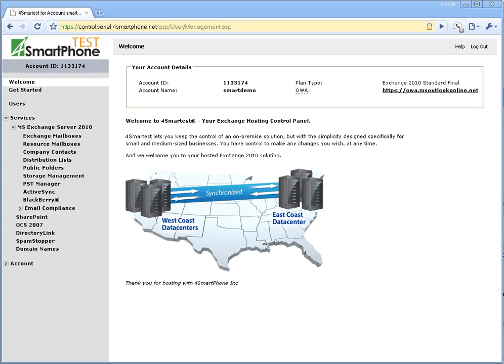Setting up your 4SmartPhone account is really just a matter of following steps, and we've tried to make that as easy to follow as possible. I mean, we are dealing with an Exchange server and Exchange accounts, which are highly functional, have a lot of features, and so naturally there's only so much we can do to make it simple. But I think you'll agree, once you follow this through, that it is pretty easy to set up and maintain